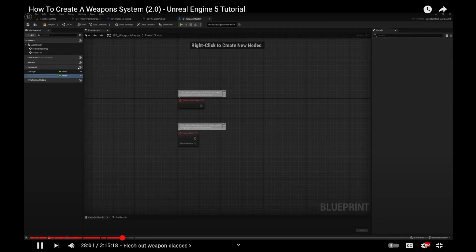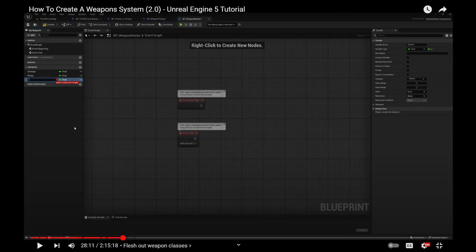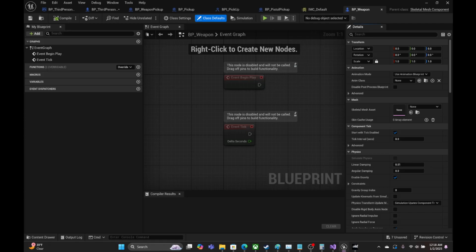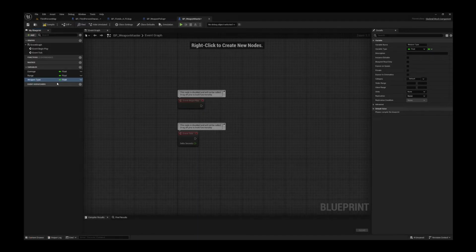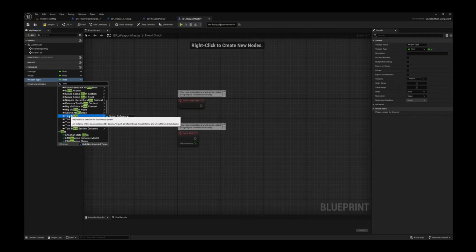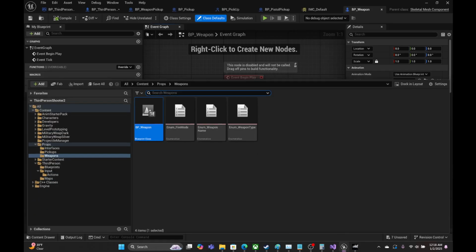Let's add another variable and call it range, of type float. Let's do weapon type. And this is going to be the enum weapon type that we created. This stuff is great for an actual struct. So we're just going to create